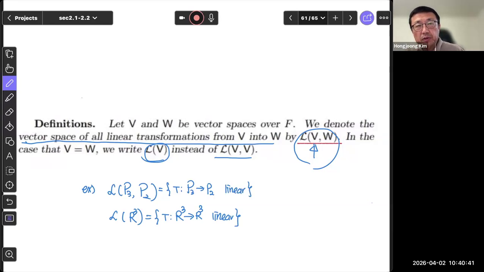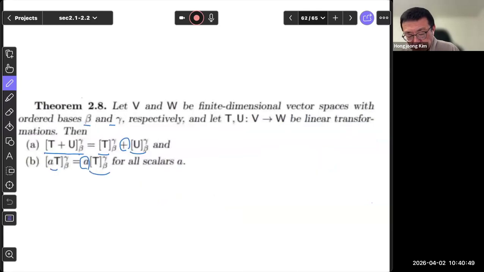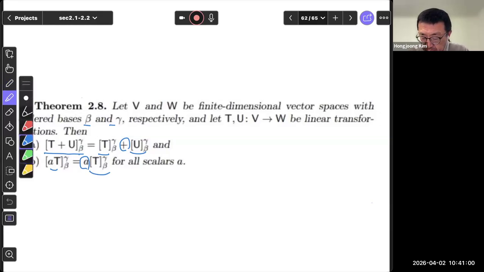So these are the definitions. We will use these notations throughout the semester, so please be familiar with this notation. And when I consider the matrices, please note that these are just matrices, right? And the statement A in theorem 2.8 says the matrix representing T plus U will be the sum of